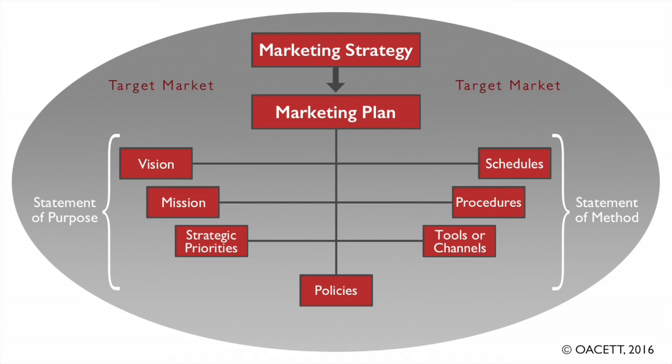The final piece to a marketing plan that you'll see right down at the bottom of the diagram is the policies that your organization has around marketing. And these are really practical things such as which logos do you use, when can the logos be used, when can they not be used, which taglines do you use, who needs to approve what pieces of marketing, how much can you spend, and so on. So these policies just really guide the marketing to make it consistent and standardized throughout the organization. So that's marketing. The diagram's not quite as complicated as it looks initially, right?